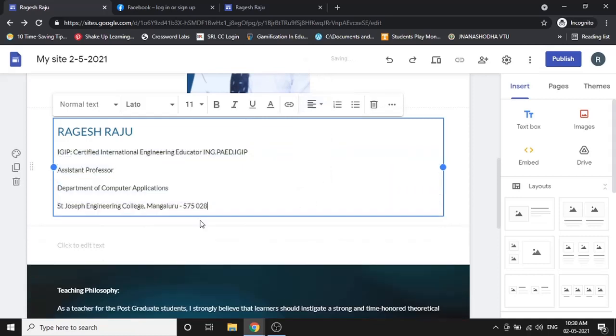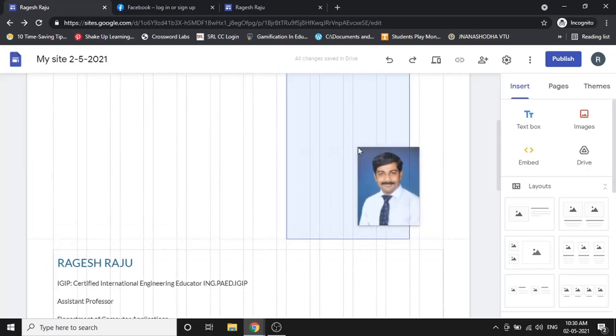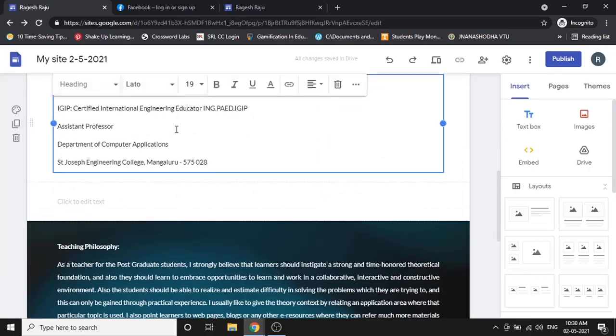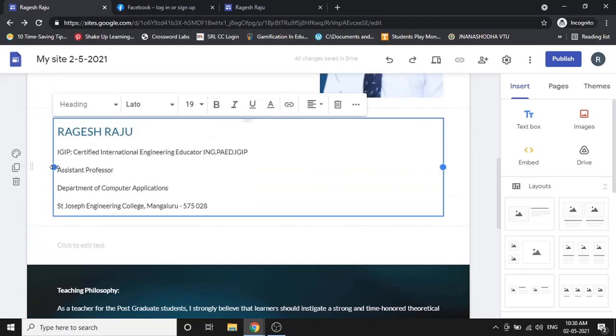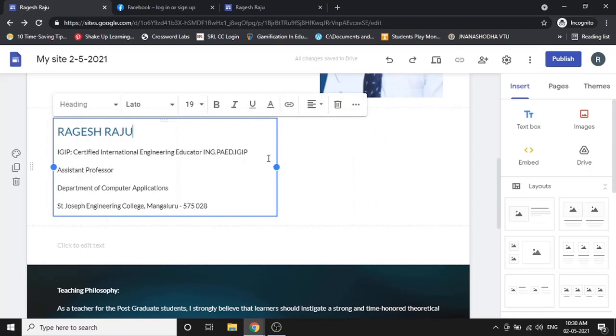So I have to decide where I am going to place this, whether to the left of the particular image or to the right of it. Right now I will place it to the left of the image, so I will move my image to the right side. When you click on the text box, you can see you get two dots on the left and right side to adjust that text box. From the right side I click, drag, and move it here. Whenever it reaches a particular place, I leave it.